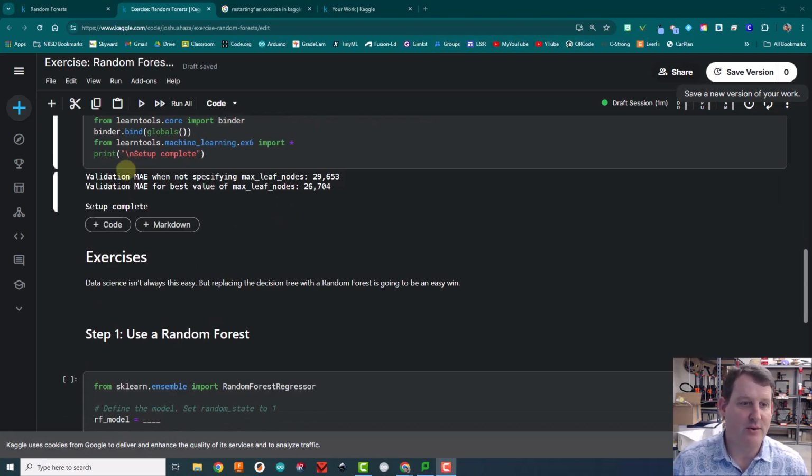Okay, so it's all done, ready to go. Our MAE, when we're not specifying any max leaf nodes, is 29653. When we do it just right, we get a 26704 when we have the 71 set. All right, awesome. So we made it much better by choosing the correct number of leaf nodes, but we